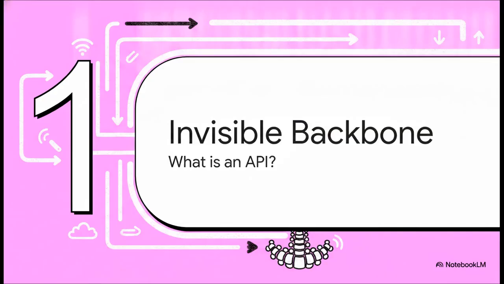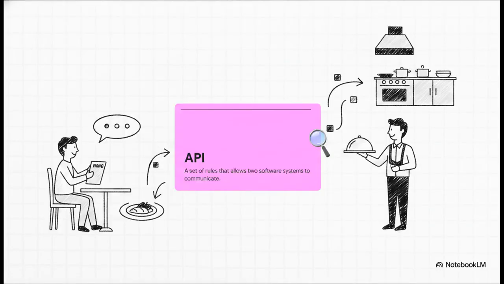Okay, let's dive right into part 1, the Internet's invisible backbone. So, API stands for Application Programming Interface. Simply put, it's a set of rules that lets two completely different software systems talk to each other. The classic metaphor here is honestly perfect. Imagine you're sitting at a restaurant. You, the client, want to order food from the kitchen, the server. But, you can't just walk back into the kitchen and start cooking. You need a waiter. Well, the API is that waiter. It takes your request from the menu, runs it back to the kitchen, and brings your exact order right back